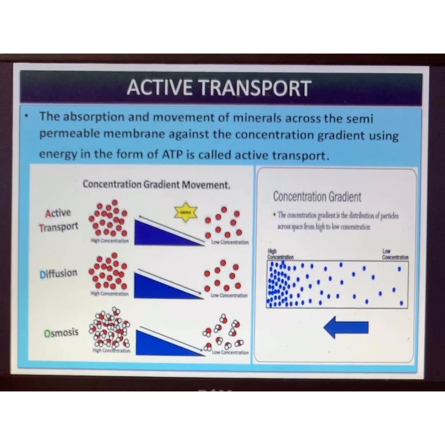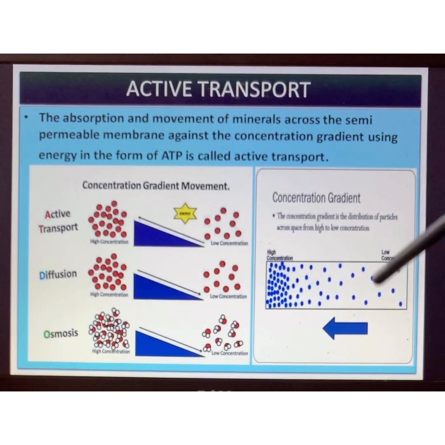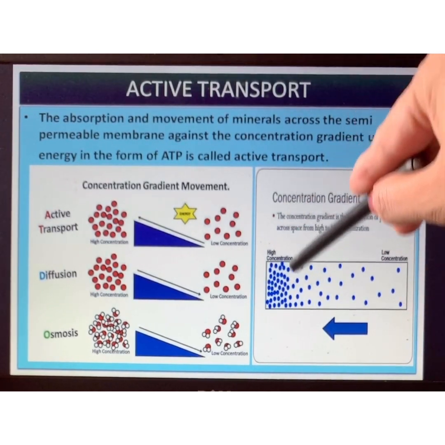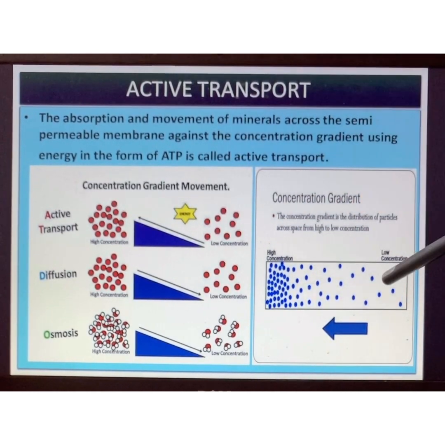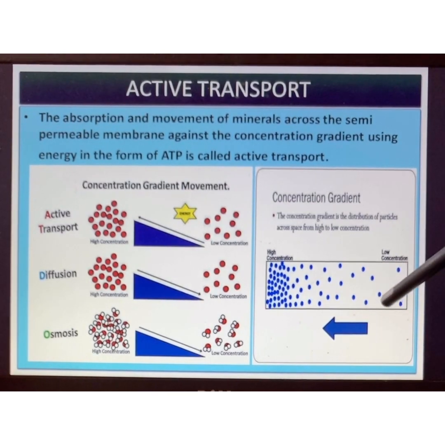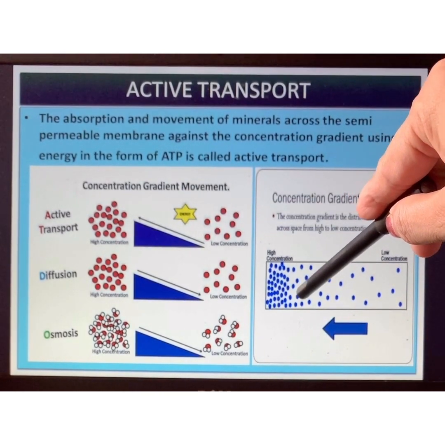gravity, Earth's gravity. Okay. On similar lines, what happens is molecules where there are less, and molecules where there are more. Now compare this situation. This is your plant body inside the stem and the roots. This is in the soil. Now here focus on the molecules. These are not water molecules. We are talking about minerals. Okay, so the minerals are less in the soil and more inside the plant body.